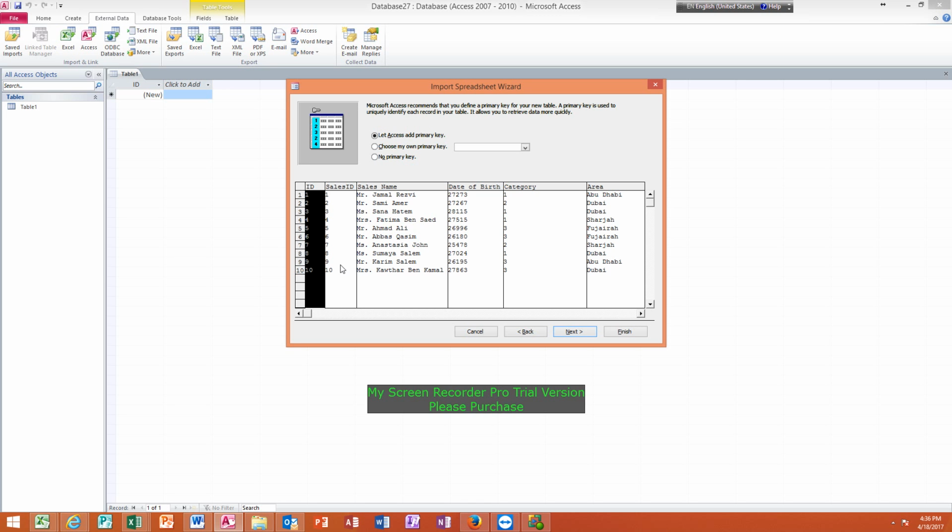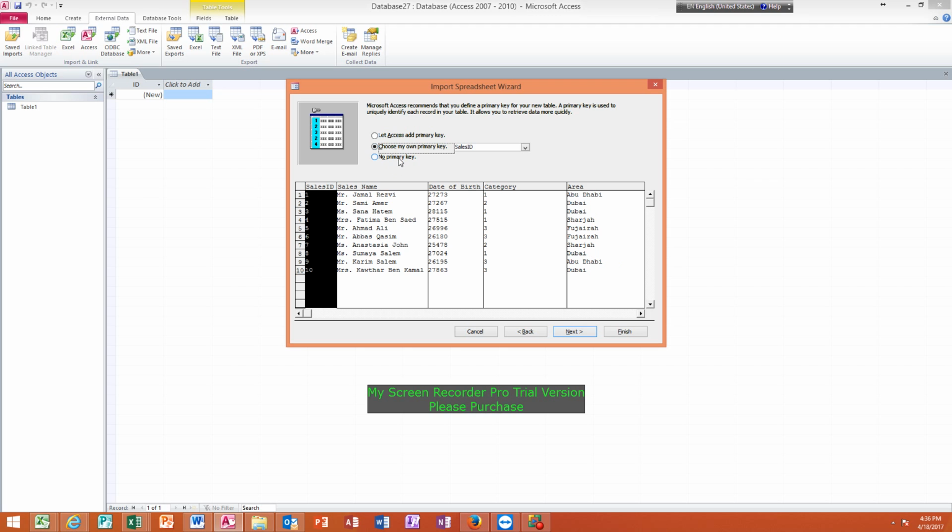Because practically 2 people may have the same name, but 2 people in the same organization may not have the same ID number. Now you have 3 options. Let Access add primary key. It will add, as you see yourself here, a new ID column in the beginning. Or the second option, which is correct in our situation, choose my own primary key, which is the sales ID,